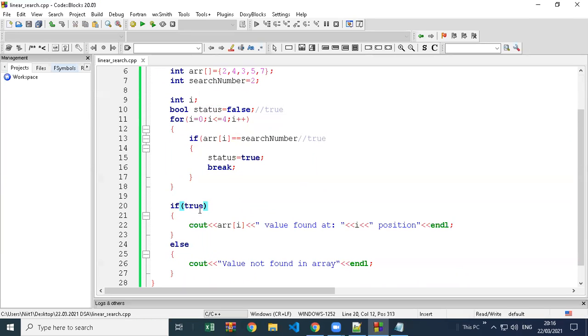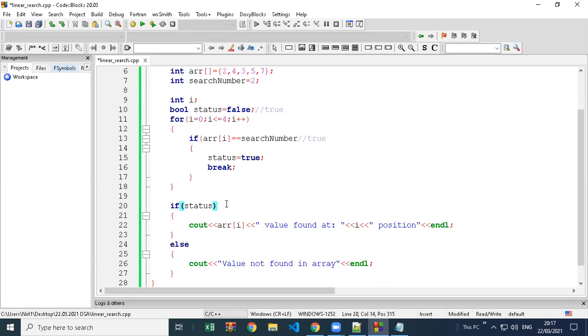Normally we write a condition, and when the condition gives a true answer, we enter the if block. Now because status itself has a value true, it will enter the if block. You don't have to check whether it is equal to true or not, because it is itself true or false. If it is false, it jumps to the else part, and if it is true, it enters the if block. So because it's a boolean variable, you don't even have to compare.